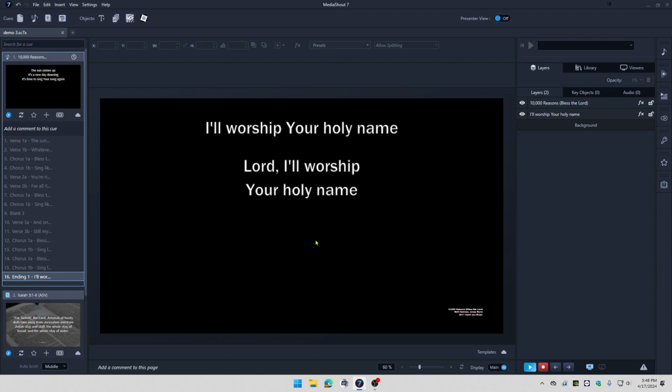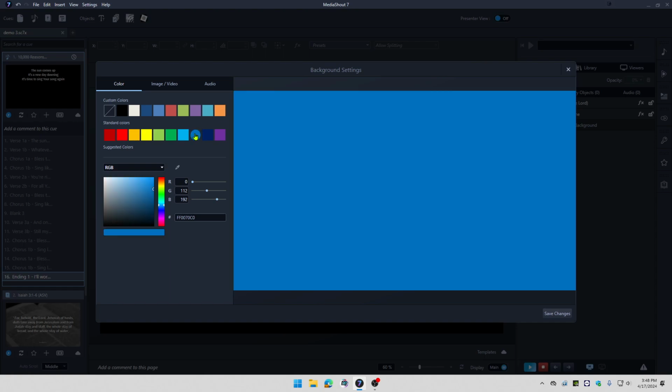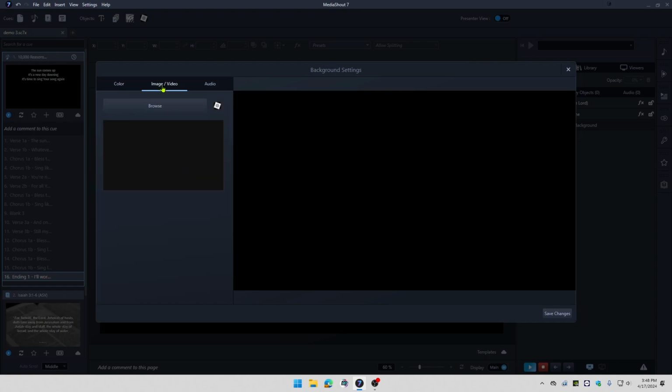If you needed to do something special, you wanted to have a background in for a particular Sunday, simply hit the background button on the right side here under the layers tab, and we can change the background color of the slide. So if you wanted to change this to blue or green or something,